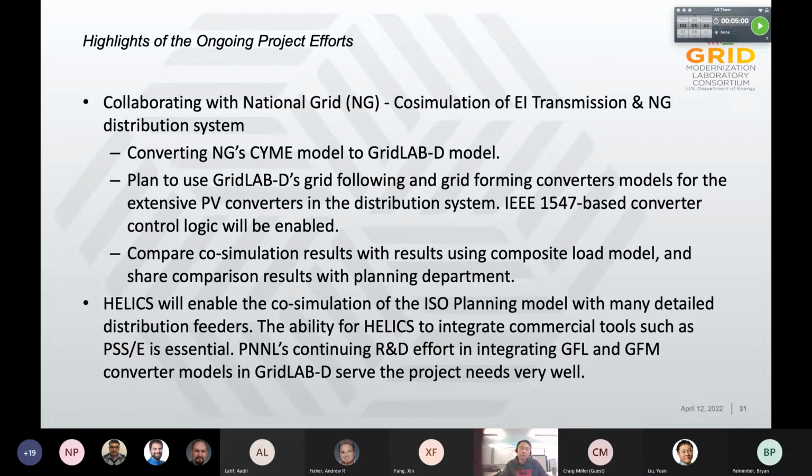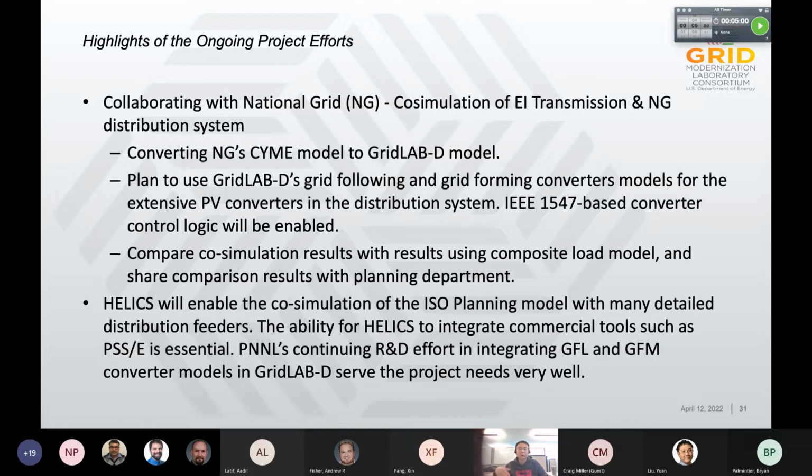To wrap up, I think Helix is a really good platform enabling us to perform T&D co-simulation. The best part is there's good ongoing support from the national labs. PNNL has staff that actively support Helix, and the ability for Helix to support commercial tools such as PSSE is essential. Ultimately, we want to leverage Helix in simulating large-scale systems with tools that have been benchmarked for industry application. And there's the ongoing effort at PNNL to support GridLab-D in modeling new inverter systems